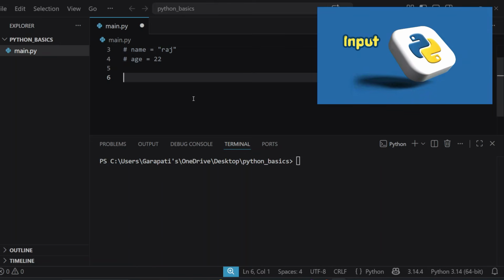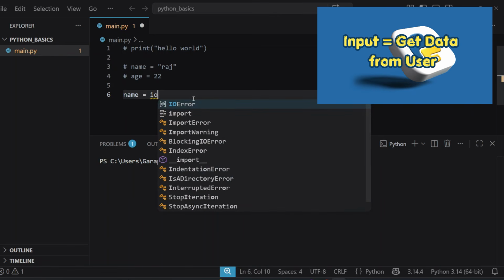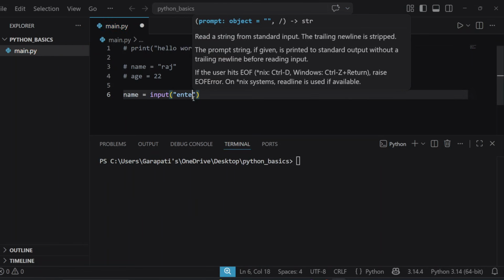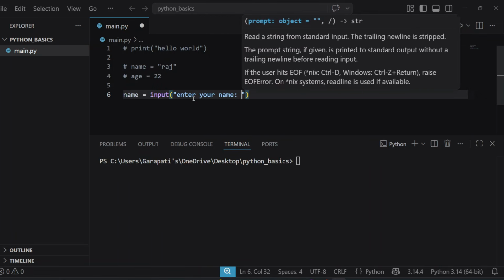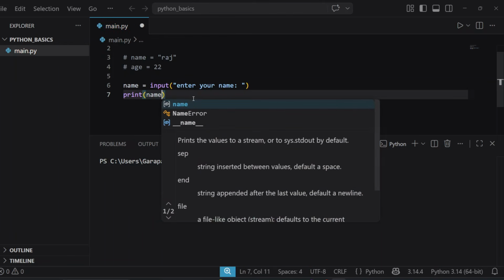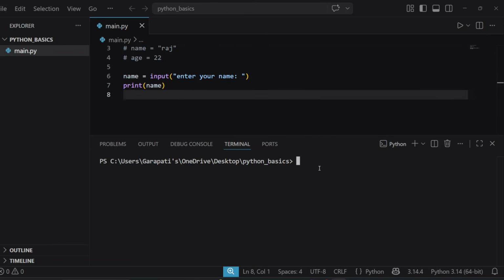Input means taking a value from the user during the program's execution. In Python, we use the input function to do this. The input function allows the user to enter data through the keyboard, which the program can store in a variable. This makes our programs interactive, because instead of using fixed values, we can work with information provided by